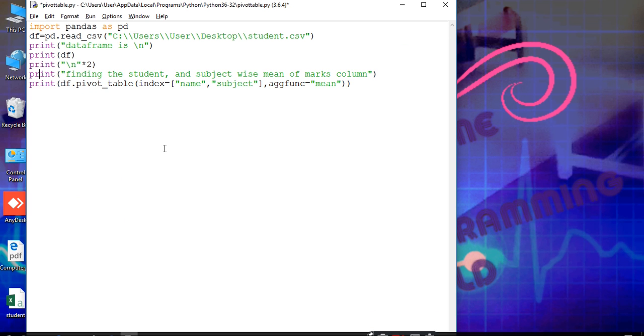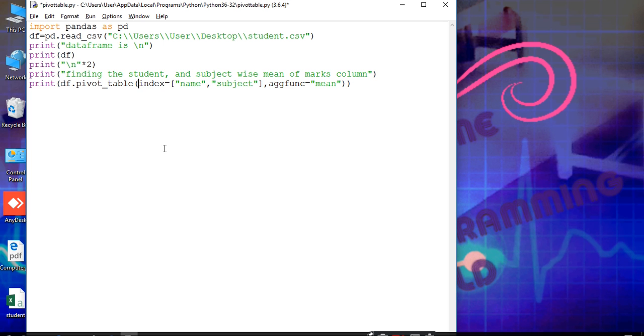In the next line, finding the student and subject wise mean of the marks column. Now we are going to use multiple columns for the index, student wise and subject wise. We have to find the mean of marks student and subject wise.